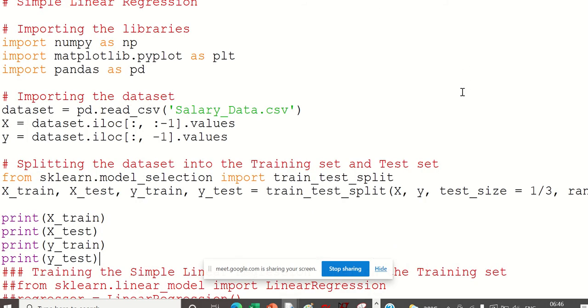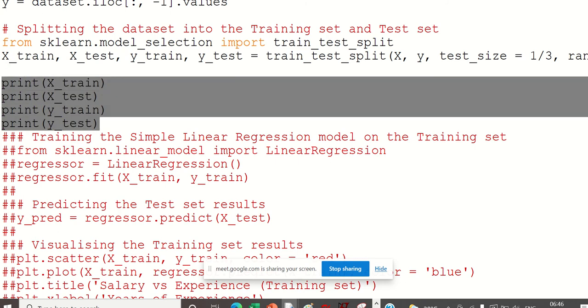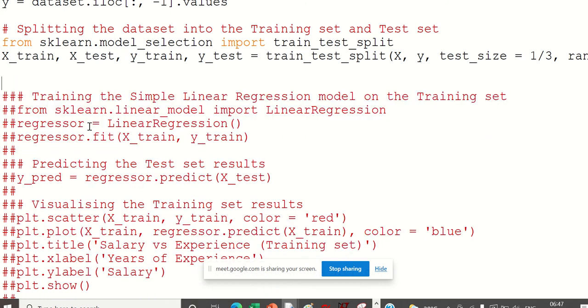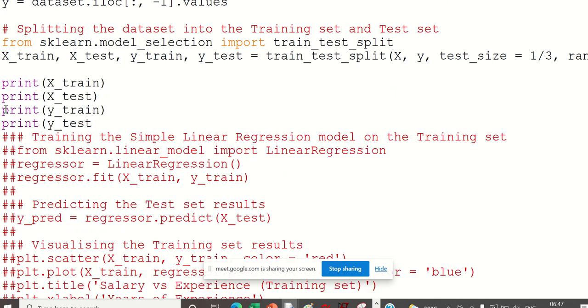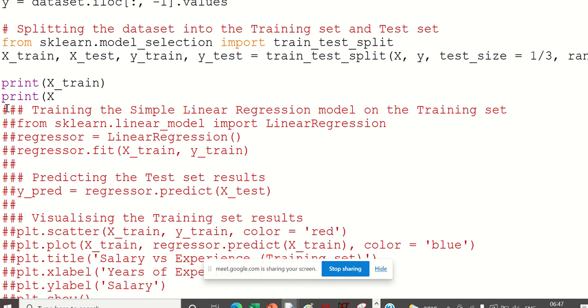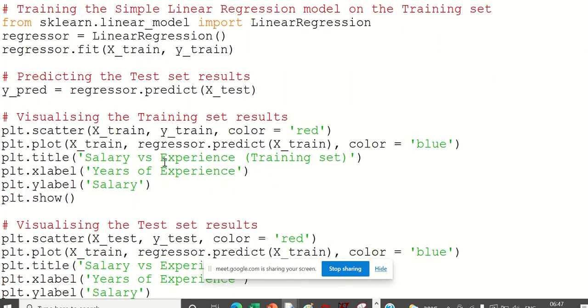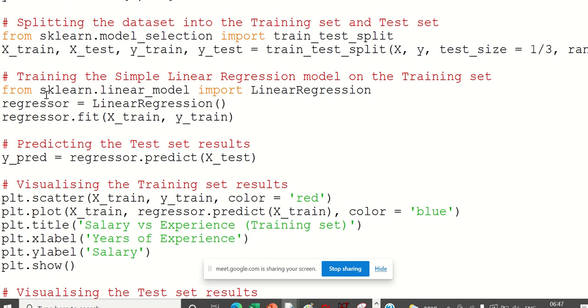Now we have our data perfectly present. Now it's our task to pass it to a model. For linear regression there is a simple model called linear regression. This is the model which comes, and that is called the linear regression model.